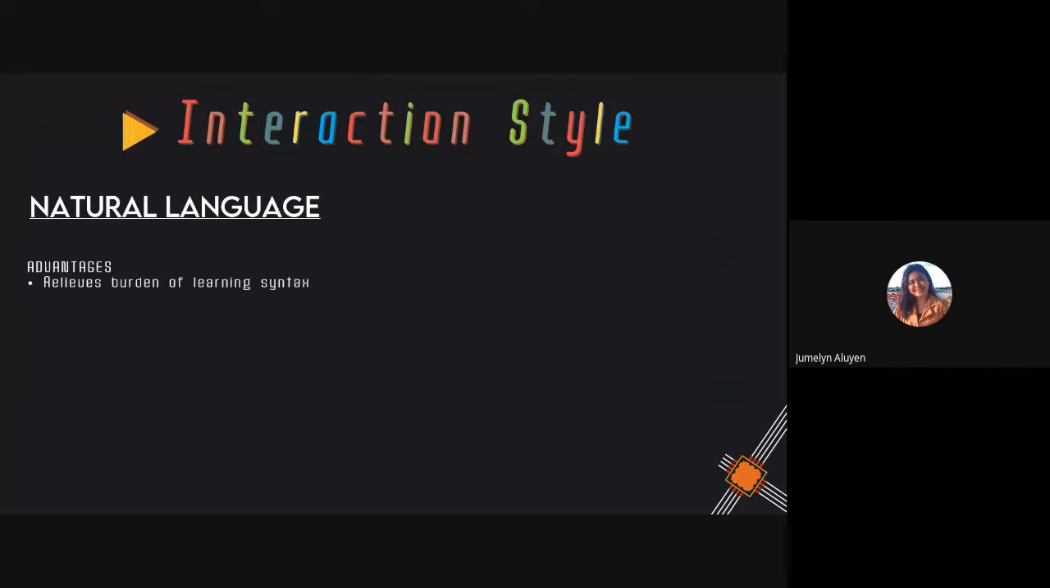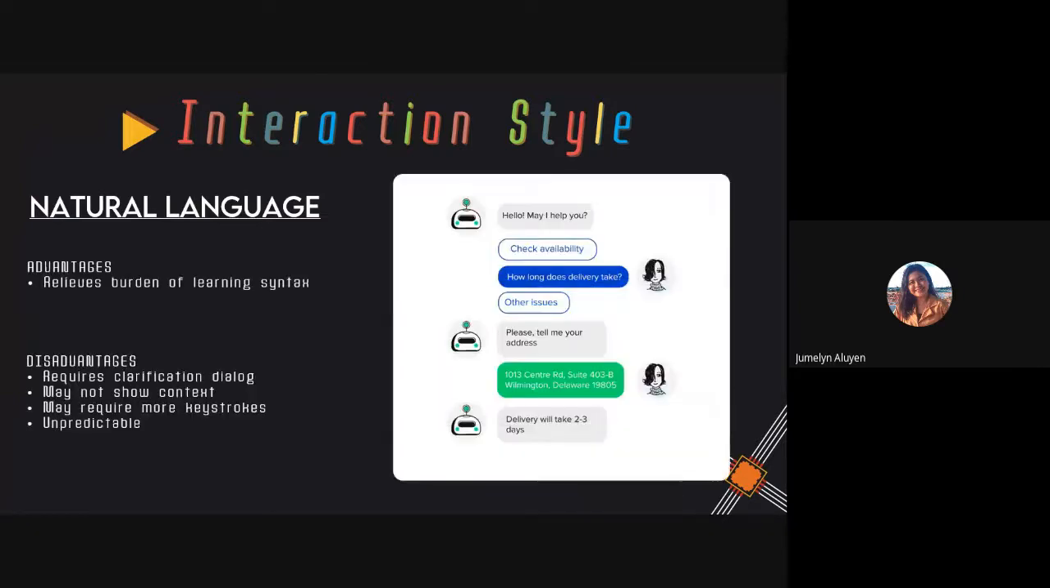Next is the natural language. So unsa maning natural language? So the natural language is actually an interface that will allow you to interact with your device operating system using your own spoken language. So to better understand, here is an example, and this is ang kaning natural language